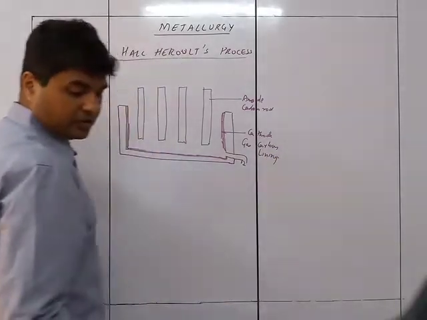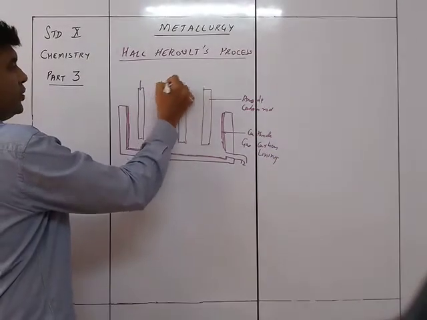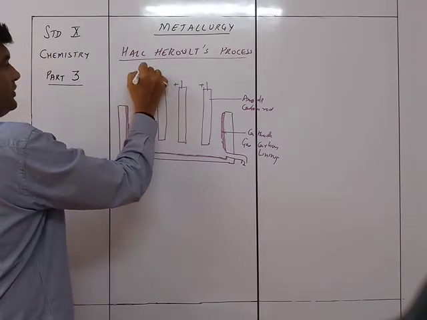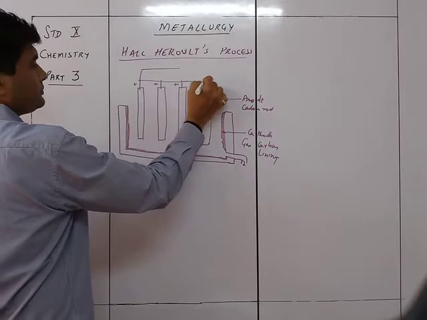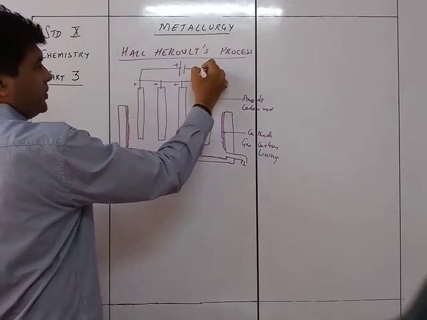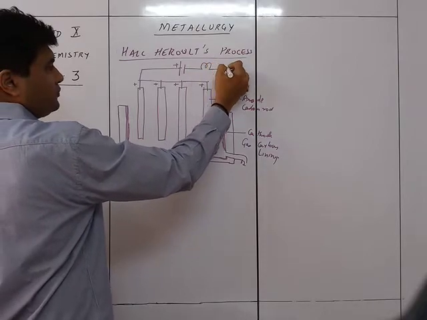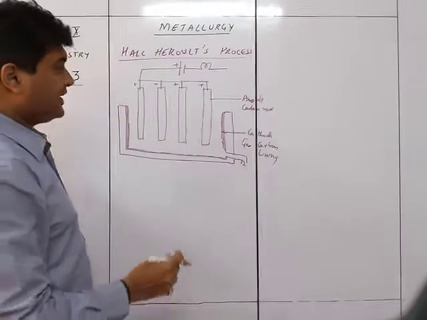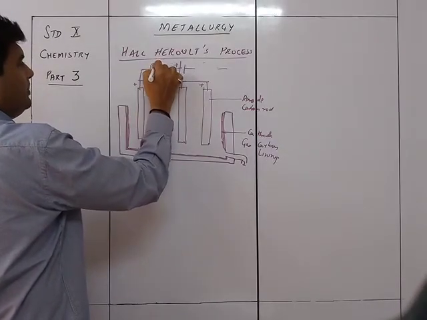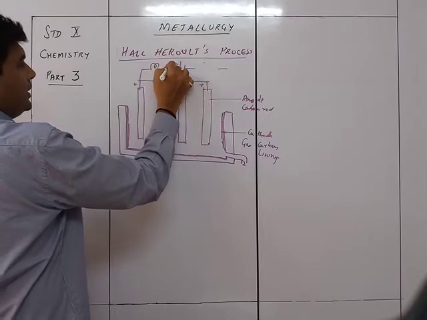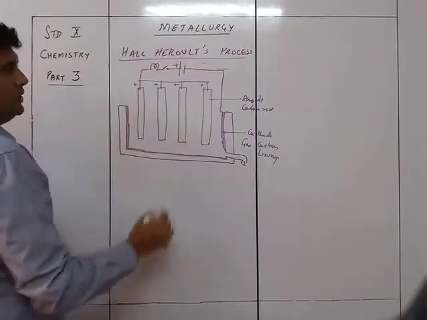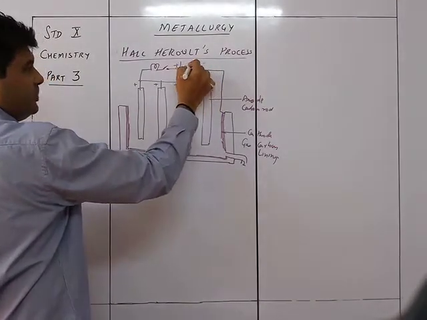Okay, so the electricity will be connected in this way. These are the anodes which are connected together. These are connected to the positive terminal of the battery. And then the negative terminal, you are going to put a bulb in between, so that the bulb will be on. There will be a bulb in between and a switch over here, and then this is connected to the cathode. So this is how the connection is made.